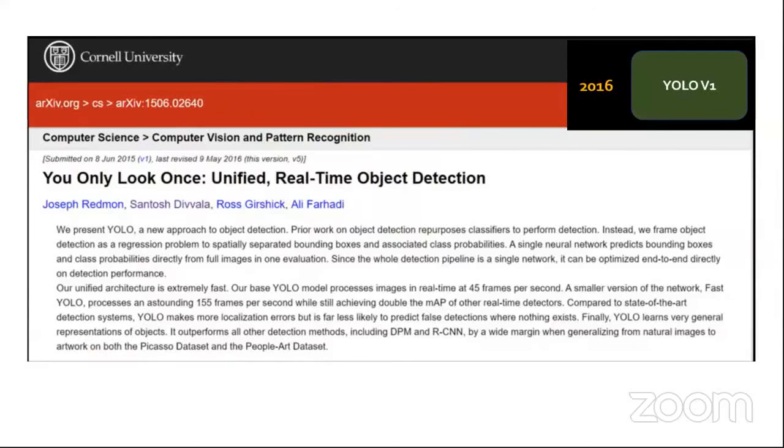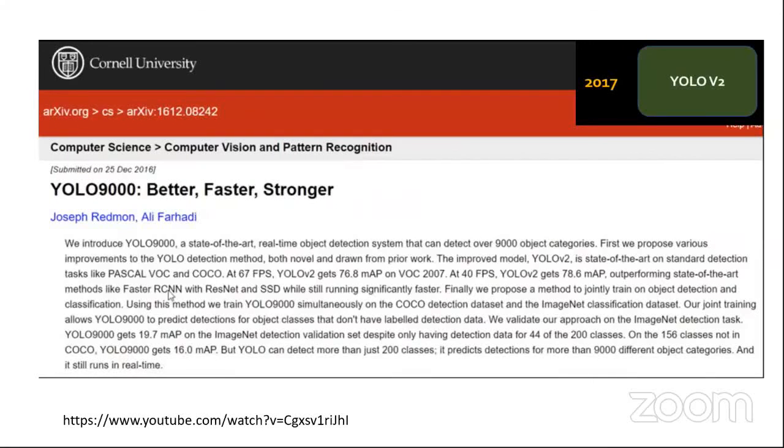If you go to his TEDx talk, you will get to know what kind of future he imagines for object detection technologies. He has 2 tech talks on it. So go for it, search for it, Joseph Redmon talk on object detection. So 2016, we got our first YOLO. 2017, we got our second YOLO, which was giving us a tagline, better, faster, stronger. Again, who was behind it? It was Joseph Redmon and Ali Farhadi.